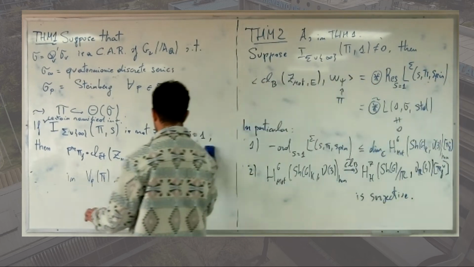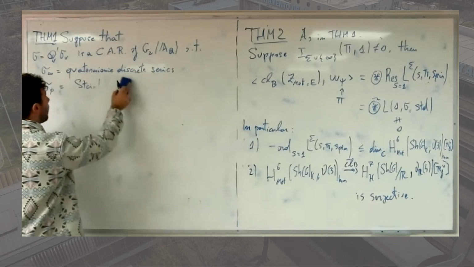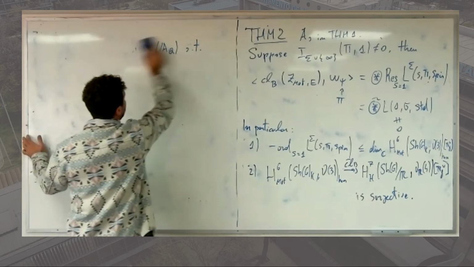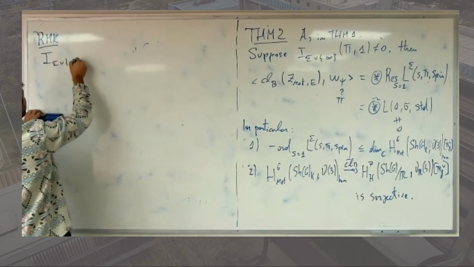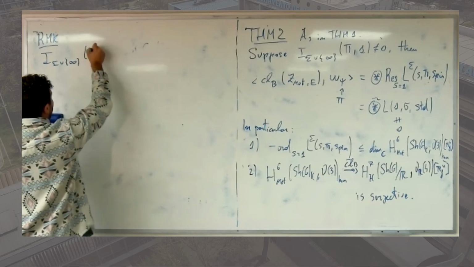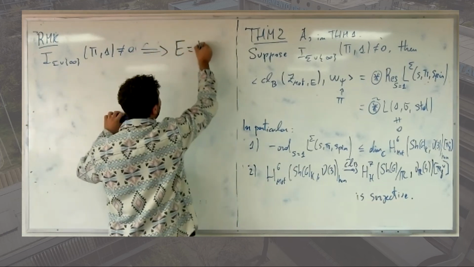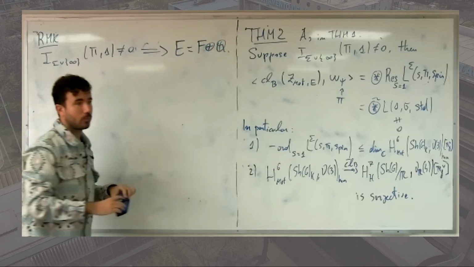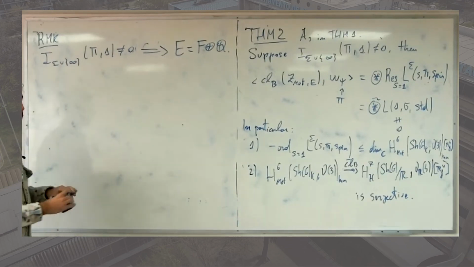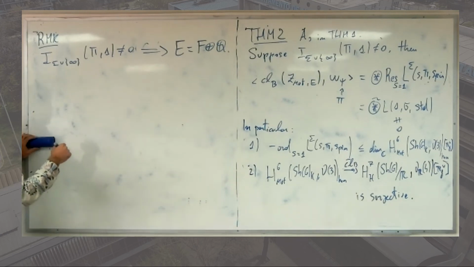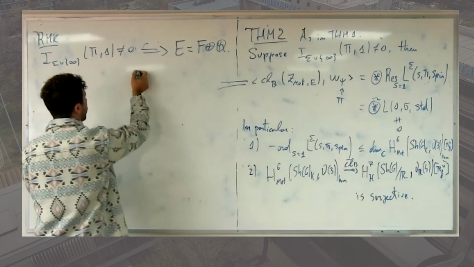And the last remark that I want to make, which is very important, is about I sigma. The fact is that I sigma union infinity pi 1 being non-zero implies that E is equal to F plus Q. So it implies that E has to split as a totally real field extension F plus Q. And where does this I sigma infinity appear? For the following reasons. In order to prove this, we show that this thing is equal to the